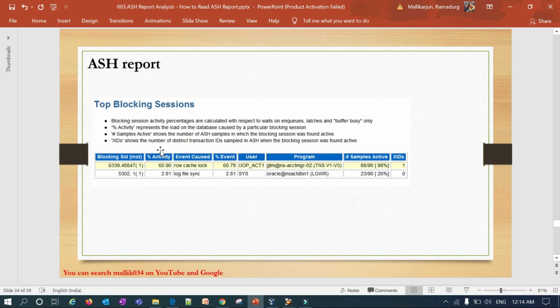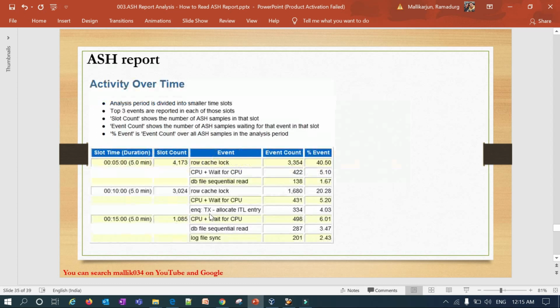Due to that, the standard program I was mentioning might be waiting because of this particular blocking session. You have to look into this top blocking session, what the blocking sessions were at that time.